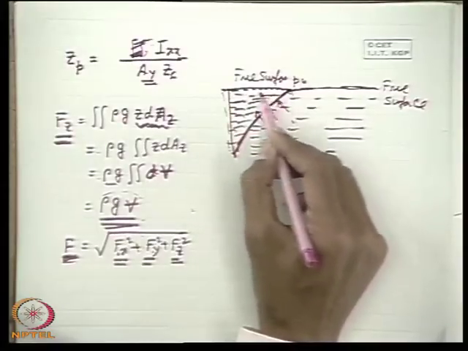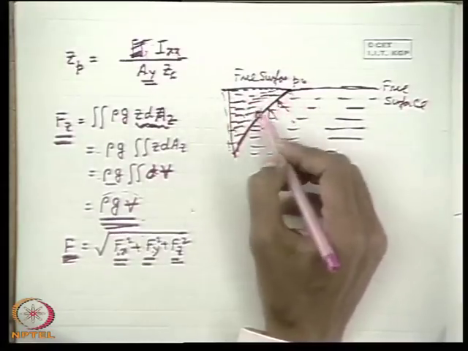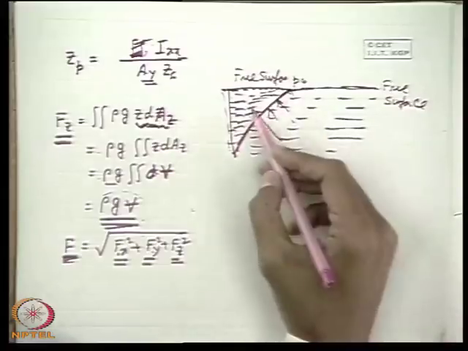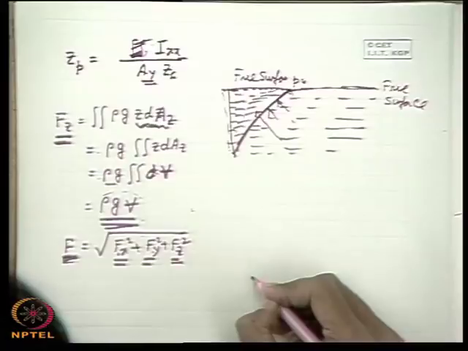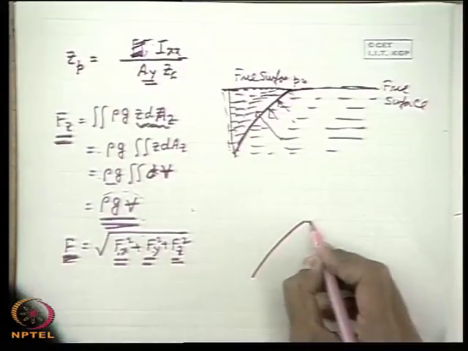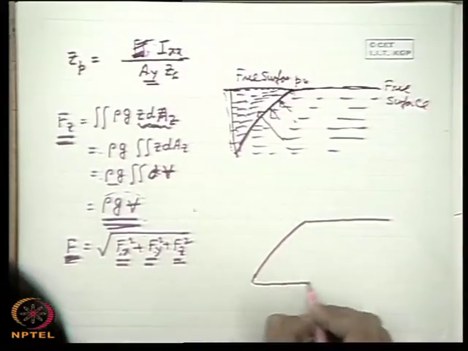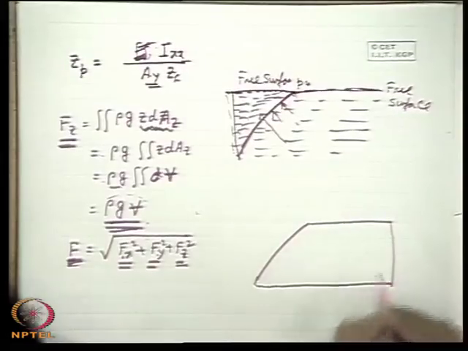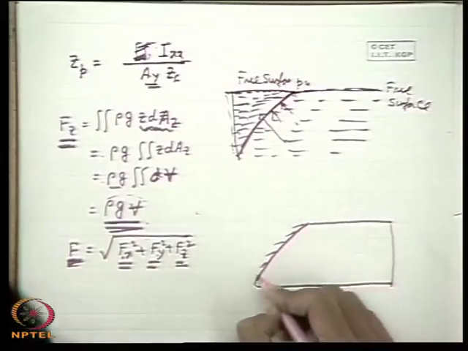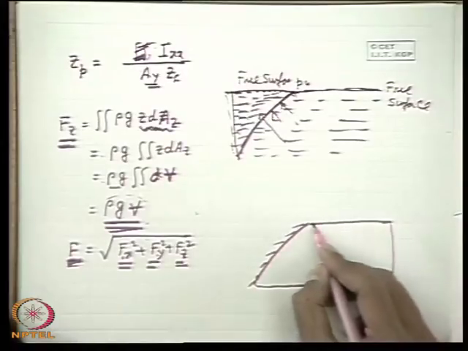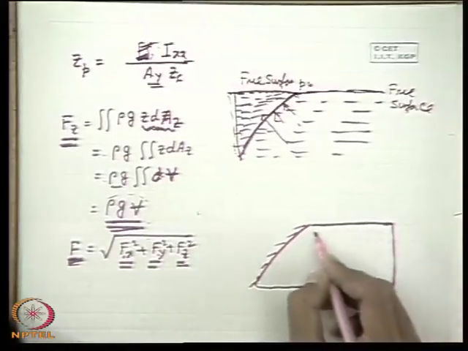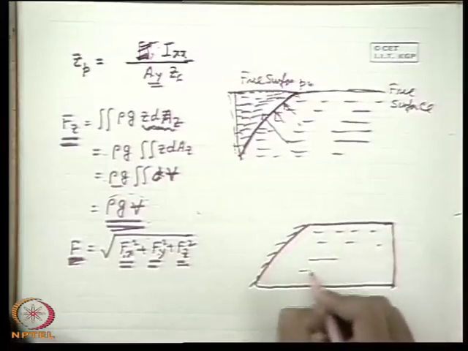So from geometry, if I can find the weight of this liquid easily, I can say this is the vertical component of the hydrostatic force. Sometimes the situation is like this: there is a pressurized container, there is no free surface, and there is a gate. This is a pressurized container where the fluid is at some pressure.